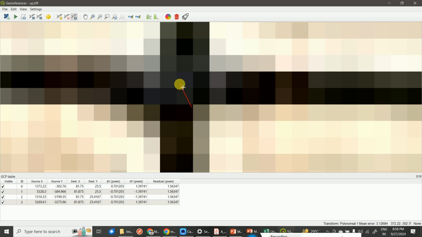Just move it here and there. Just click on this. Just see when it moves here and there, then see the residual pixels, and this will reduce to 1.5453. Okay, just see, you can change this with the help of 1 point, but the image will be distorted, so the ratio must be maintained for the other 3 points. So 1.5 to 1.3. Again zoom out